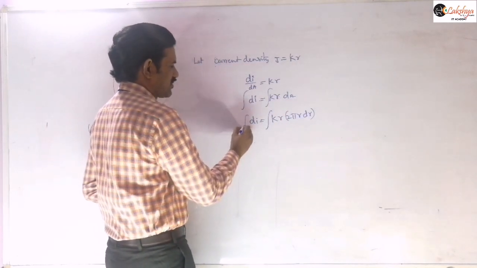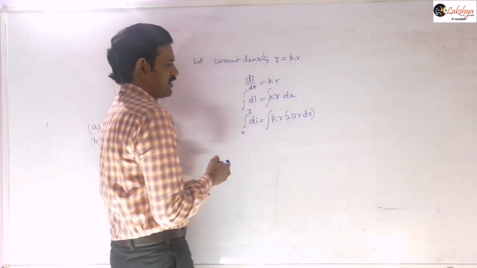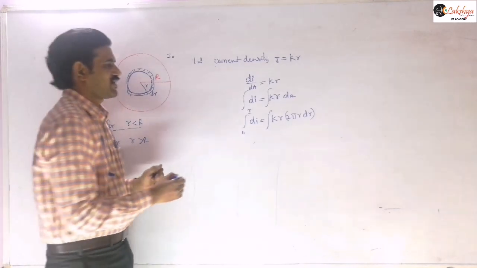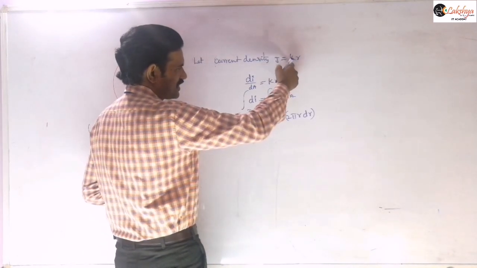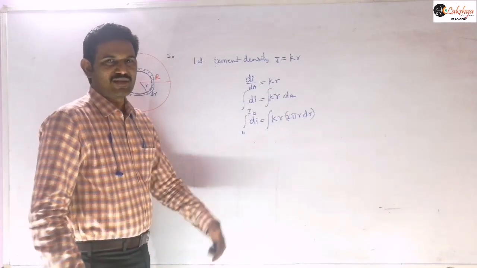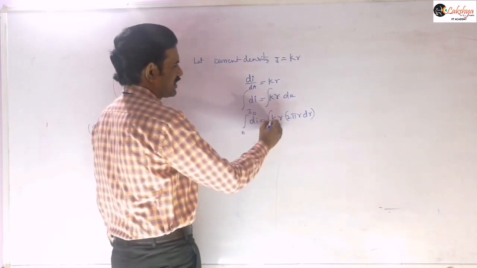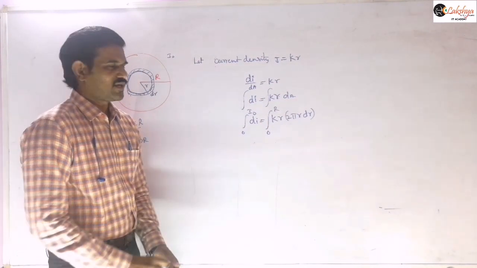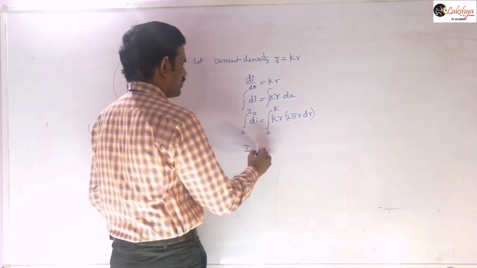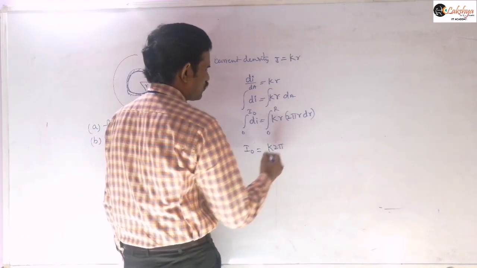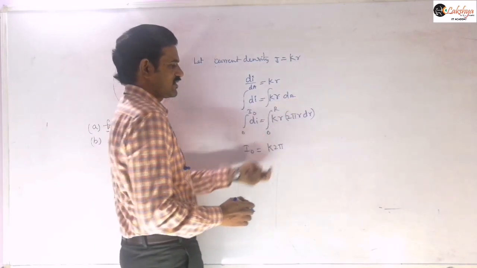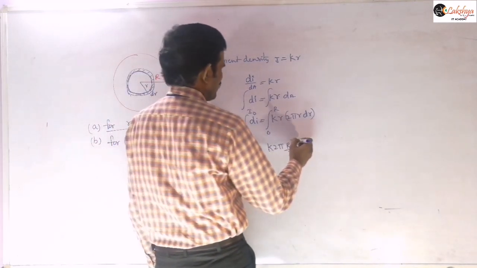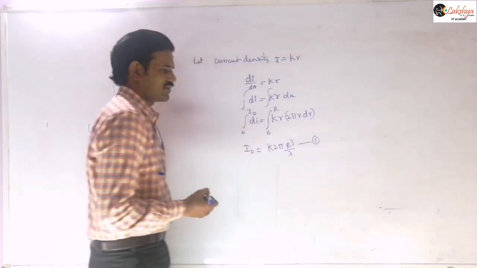And now, to find that K value, first I am taking the total current. Total current is given as I naught here. Because we are introducing that K value that is not mentioned in the problem, we need to eliminate that K value. So I take the limits from 0 to R, the total current flowing in that cross section. Therefore I naught is equal to K into 2 pi, and here r square will give R cube by 3. We can take this as one equation, so when it is required, we can substitute that, right?